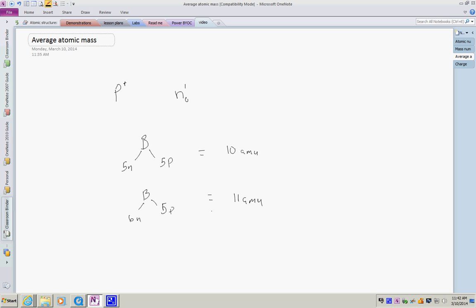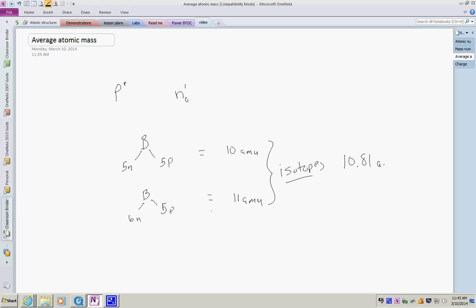There are random mixtures of different isotopes, and these are called isotopes. So in nature, there's a blend of these, and they come up with an average weight. In this case, there might be more than just 10 and 11 for boron. You could look it up on the internet and see what actual isotopes are available, but the average is